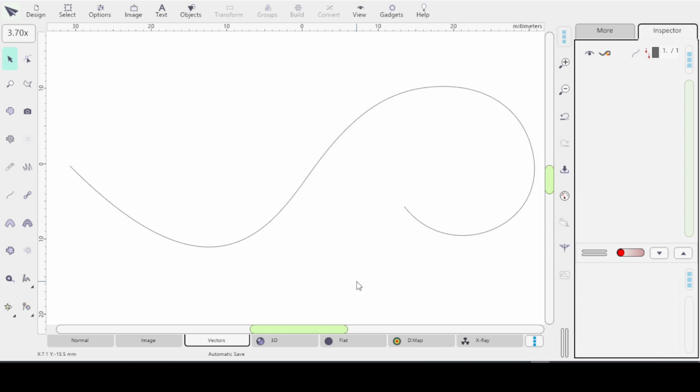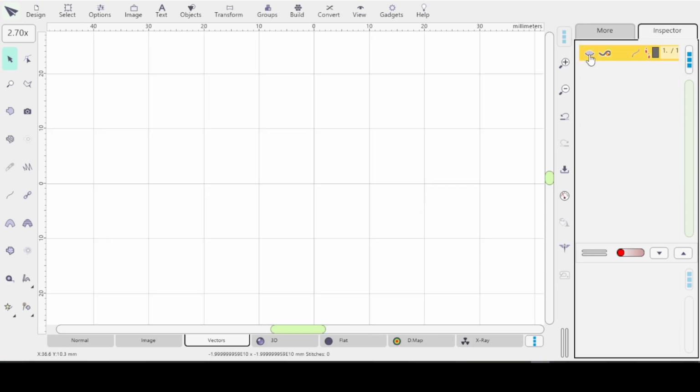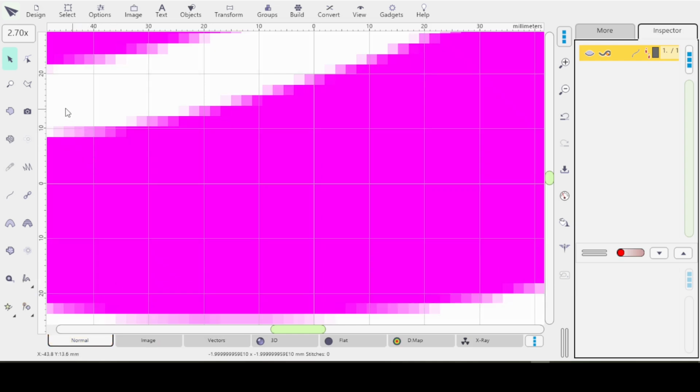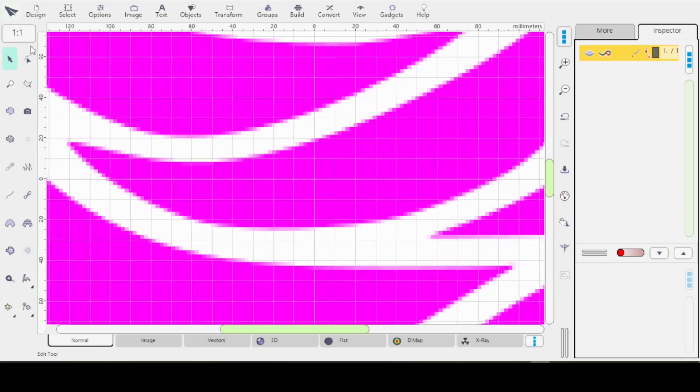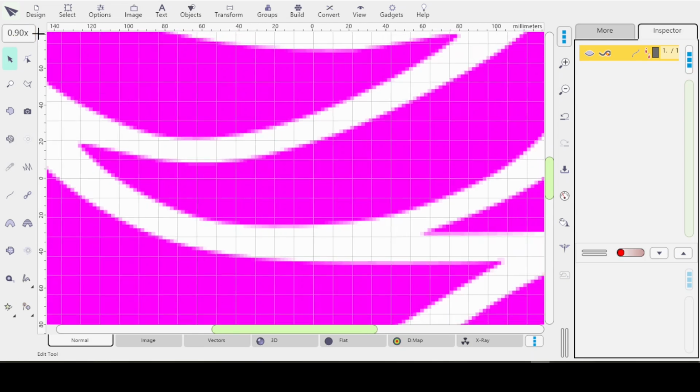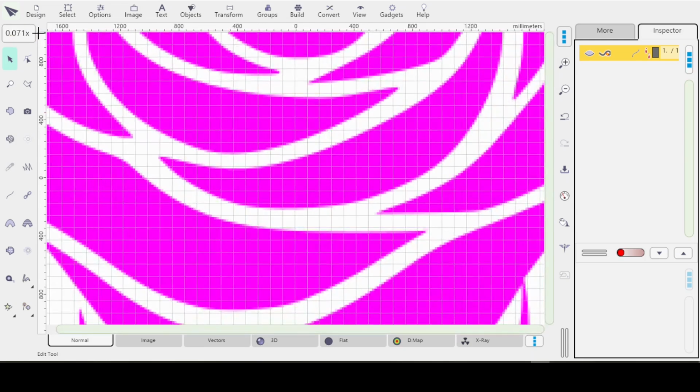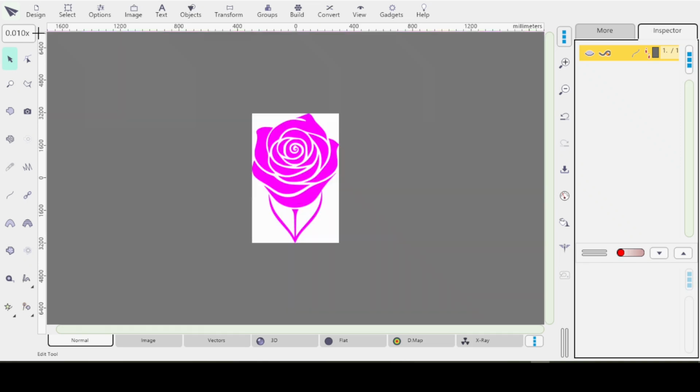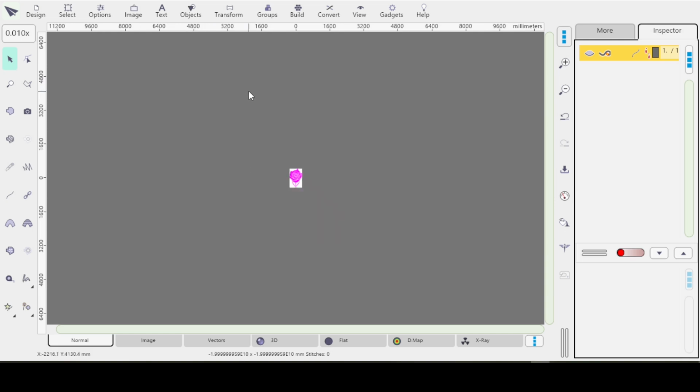So let's go ahead now and work on that image that we brought in. And let's see about tracing that and using our S shapes on it. And then we'll go back to our normal view, which shows our image. I'll just click here for 1:1. And since it is so large, let's kind of zoom out. It is pretty large. Like I don't think I need to